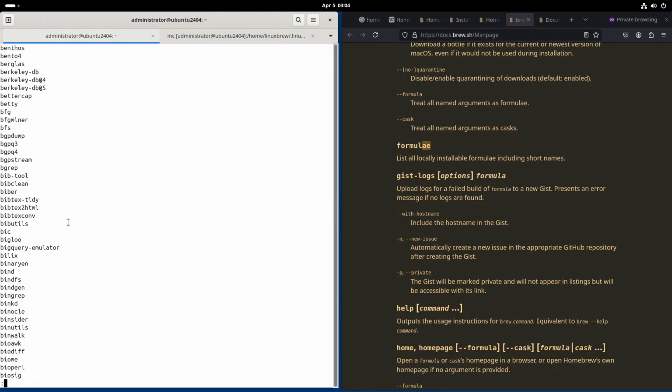What's this bind? The DNS client server. Bitcoin things, Bluez the Bluetooth stack,